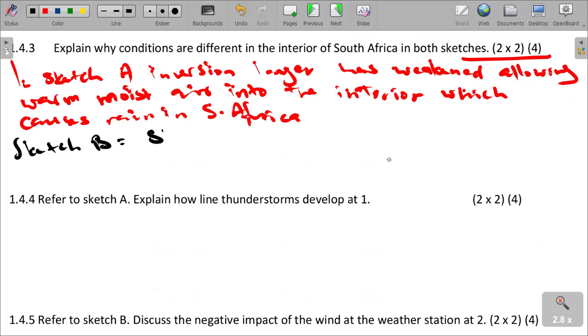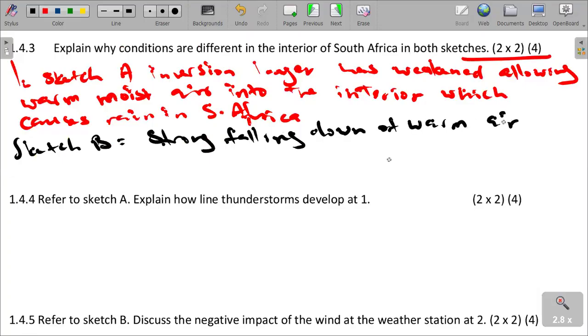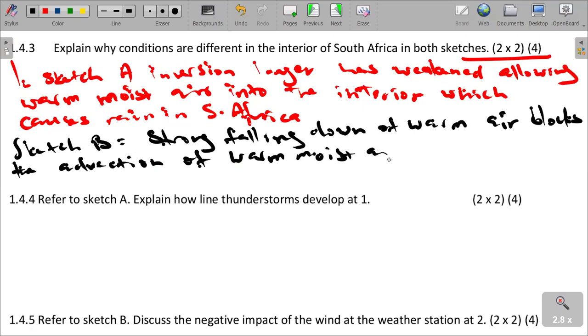we need to understand that strong subsidence, strong falling down of warm air, blocks the advection of warm moist air. The warm moist air cannot reach into the interior of the country. So what happens is that, which obviously results in dry conditions,